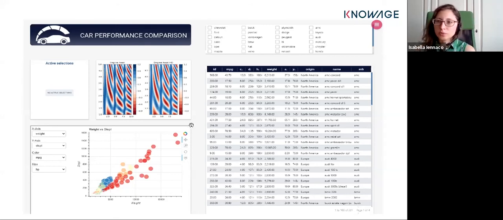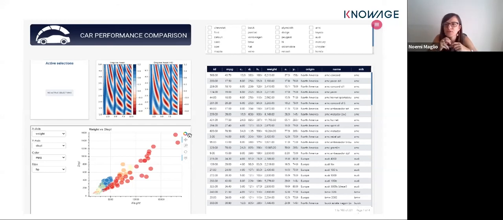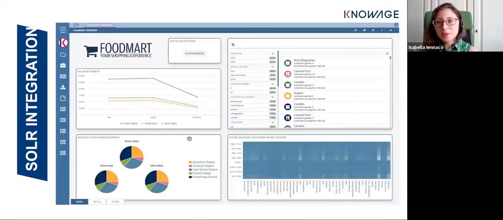So you were talking about Solr integration, right? Yes, last but not least, there is this new functionality inside Knowage that is Solr integration. So what you can do is read data from the Solr search engine and build queries that permit you to extract documents, and then visualize them inside your dashboards with the one called the Discovery widget, which permits you to have a table view of your information, so of the result